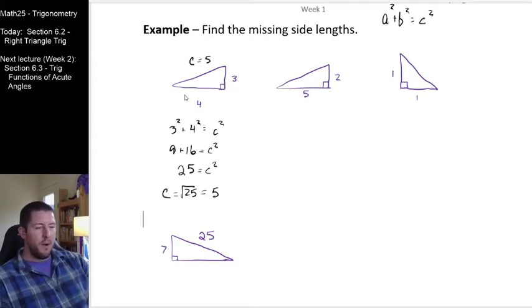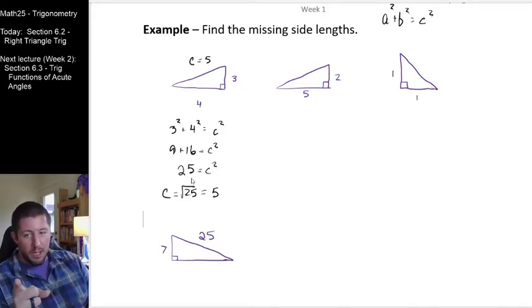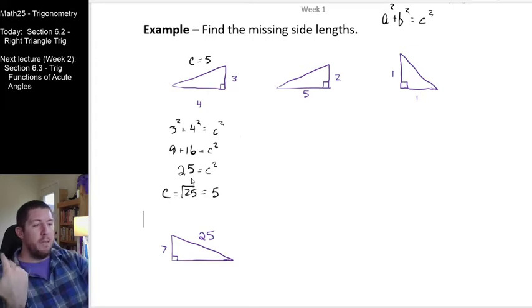One last little technicality I want to say right here. I'm hoping that there's a handful of people that have enough algebra wherewithal to notice that in general here, the more general solution to this is that c could either be positive or negative 5, right? Negative 5 squared, negative 5 times negative 5, is also positive 25. If you're in algebra class and I tell you to solve this equation, you'd better give me 2 answers, positive and negative 5. In this case, however, we're looking to measure a